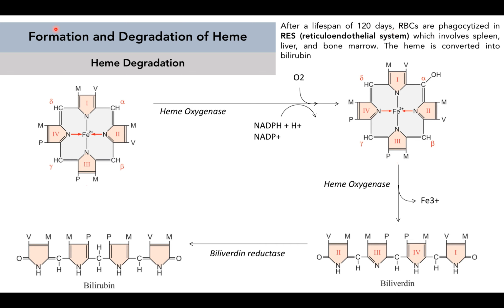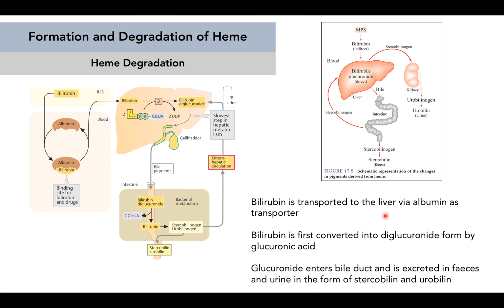And in order to do that, we have the heme group here. We first need to turn this heme group into biliverdin. So you have the heme. By the enzyme heme oxygenase, we turn this into biliverdin, and then we reduce this into bilirubin by the enzyme biliverdin reductase. And once it's bilirubin, it is then transported to the liver by albumin. As you recall, albumin can also carry bilirubin, and then albumin will carry bilirubin into the liver,